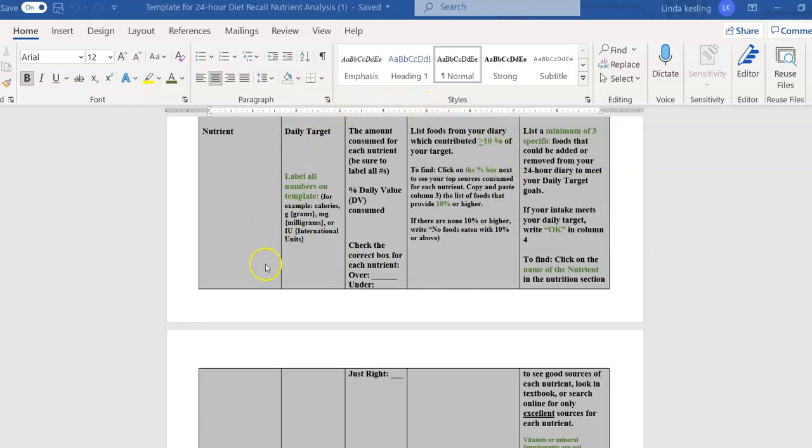these 3 columns. The first one's going to be your daily target. The second one will be your percent daily value as well as the amount you consume for each. You'll be checking if you consumed over, under, or just about right. And then on the third column, you're going to be looking for foods that provided 10% or higher to this specific nutrient intake. Fourth column, you will be doing this